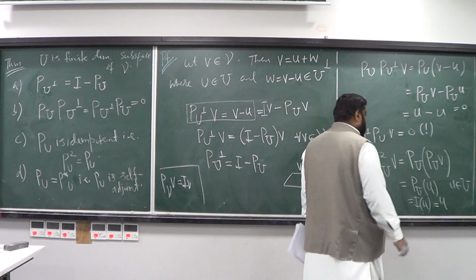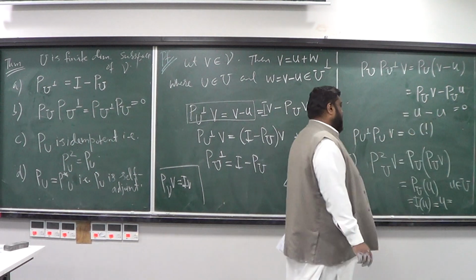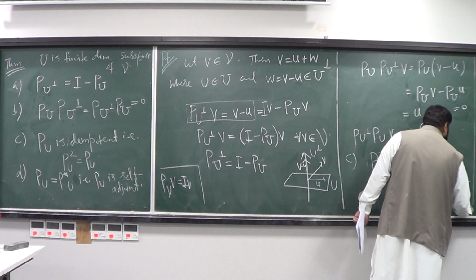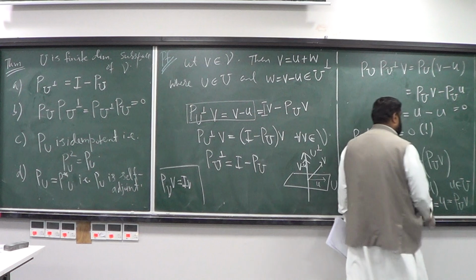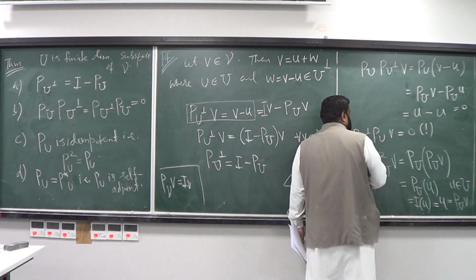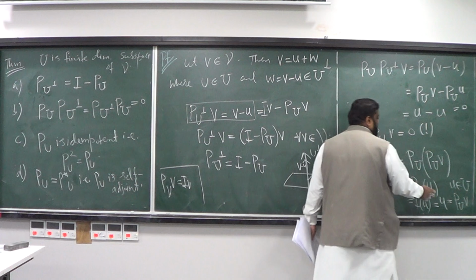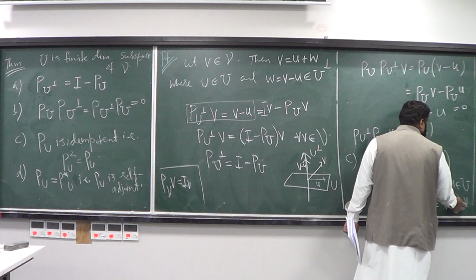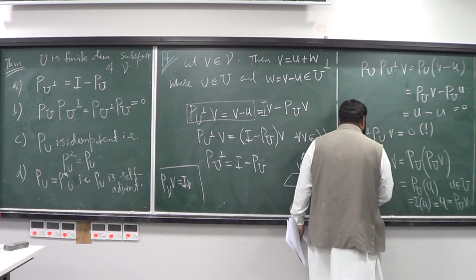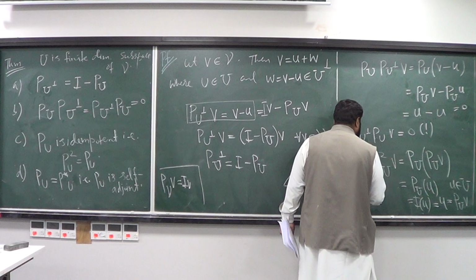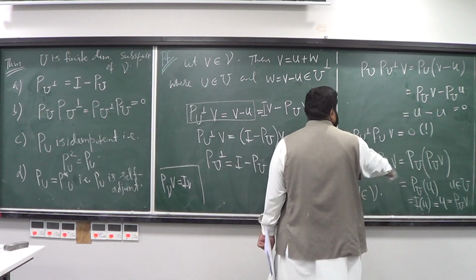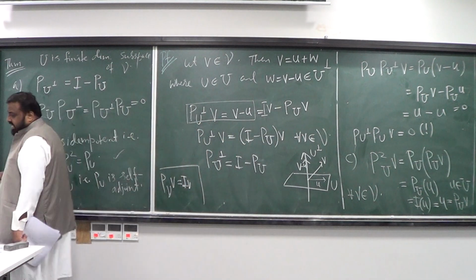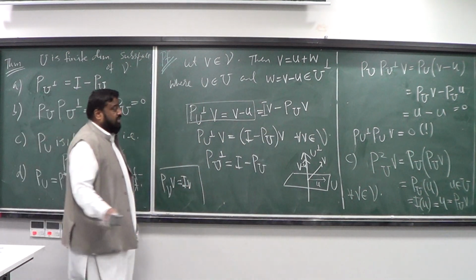Okay? And the u is, again, I can write that this is the projection of v onto U. So P squared of U operated onto v is equal to the orthogonal projection of v onto the subspace U. So this is true for all v in the space V. So if they agree on all v, then they are really equal, the results are. So these both operators